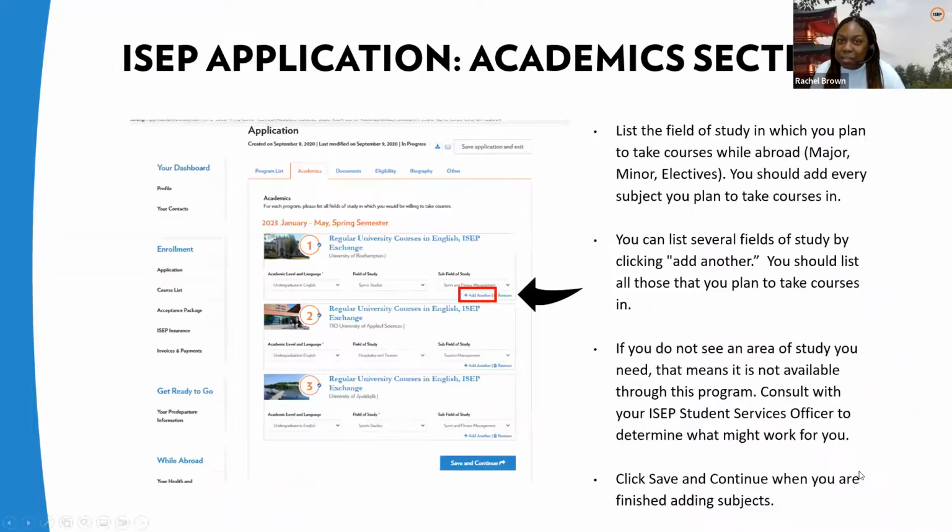Now I'll hand it back over to my colleague Grace, and she's going to talk about the next parts of the ISEP application after you've started adding programs. Awesome. Thank you, Rachel. So once you add programs to the first tab on your program list,